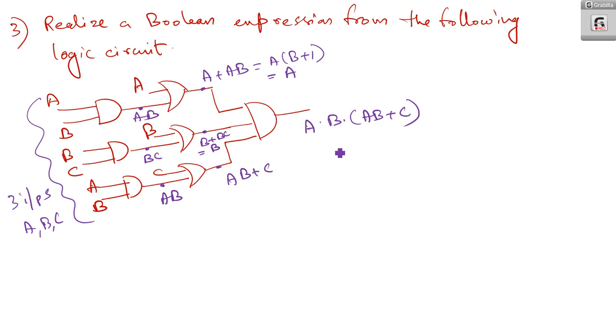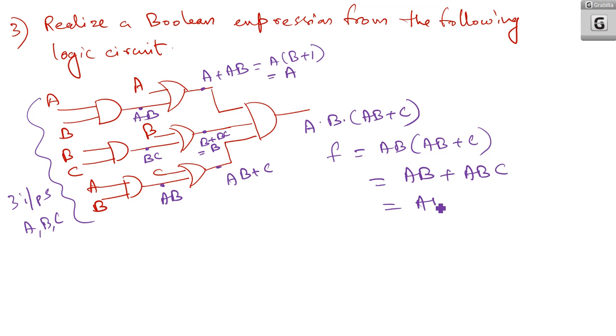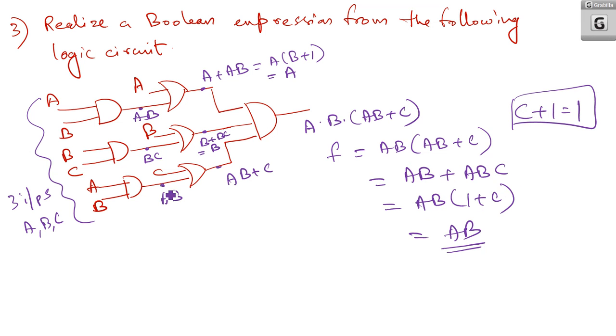Okay. So now you can write it as function is equal to A, B and AB or C. So what is it? So if you are expanding it, that is AB dot AB is AB itself, AB or ABC. Again here we can take AB as common. So AB into 1 or C. So what is it? So answer is AB because C or 1 is 1. So if you need to realize this circuit, you need not take the third input. So answer is already there, so you can do it using an AND gate only. So get AB and you can keep C separately.